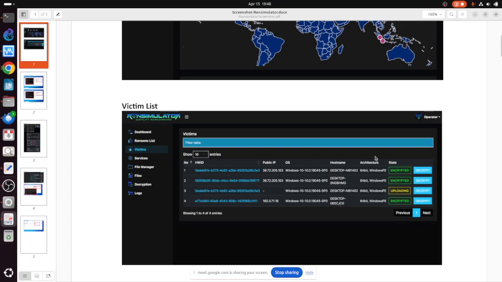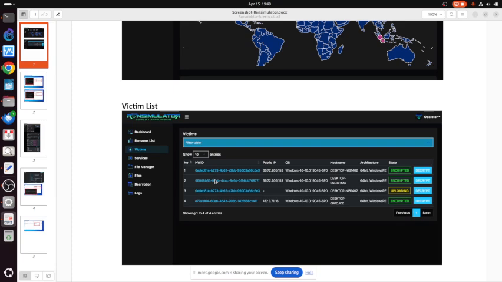This is the host name. This is the architecture. If we see the status, there is an encrypted, which is before encrypted. Normally, ransomware will upload the data of that particular computer. So if the computer is attacked by ransomware, the data in the computer will be uploaded by the ransomware to the dashboard. So we get the copy of the data. That's becoming a problem.